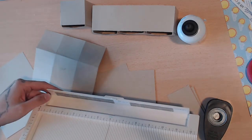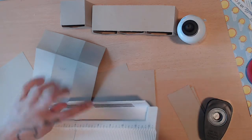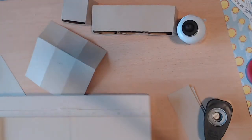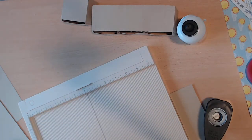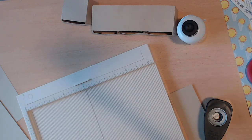It tells you standard size cards, and it also gives you boxes, like these little boxes over here in the measurements. And so that's what I used to create this. I saw this project on Pinterest, and I didn't want to pay for the tutorial, so I just made it up. So if you guys have seen this on other sites or whatnot, I didn't copy anyone. I just made it up on my own. Well, the measurements are mine. Okay, so